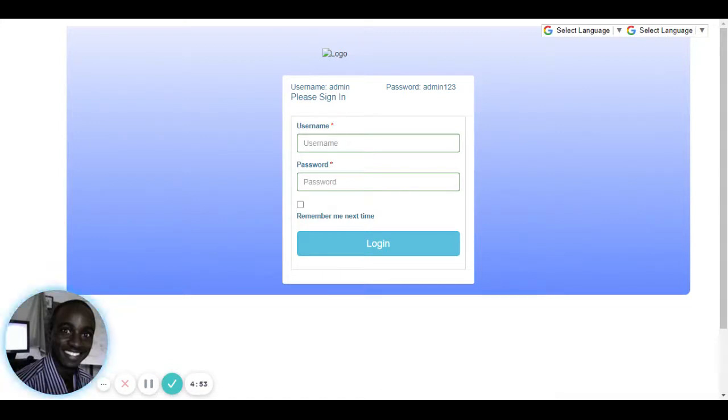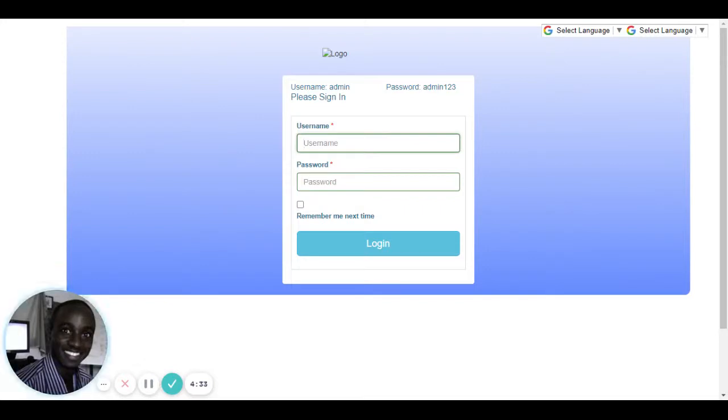In this video, I'm going to be showing us how to create a staff account. Assuming the staff is already registered in the system, we are just going to see the simple steps on how to create an account that will enable the staff to log into their Scholar system and probably fill marks for their classes and subjects.